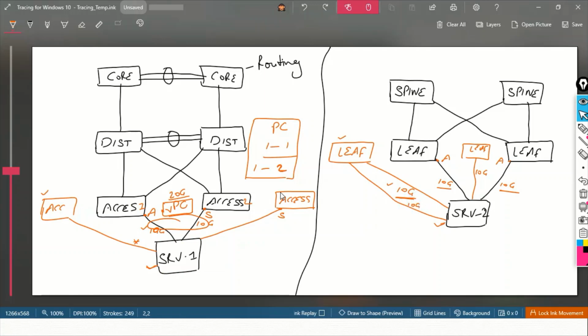Sharif sir, one question here. If you have time, you can explain it here or maybe in the next class. Yeah, tell me. In traditional architecture, because of STP running in the background, only one link is forwarding at a time and the other is blocking.